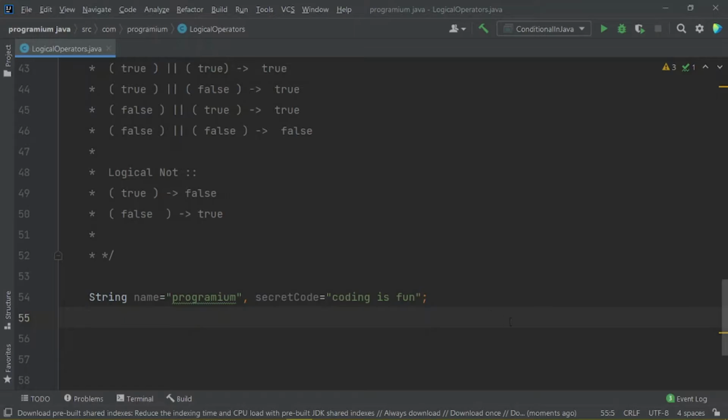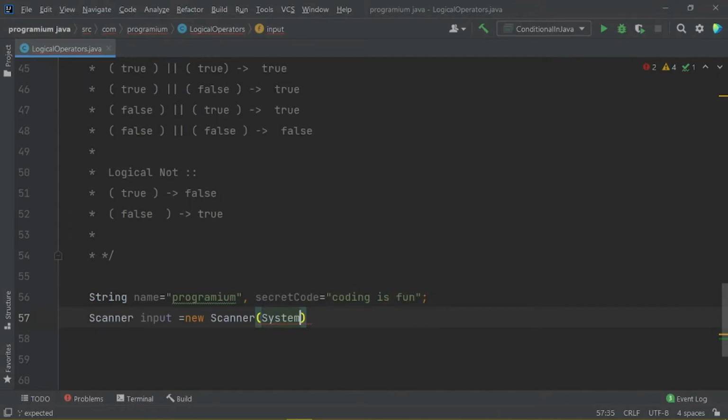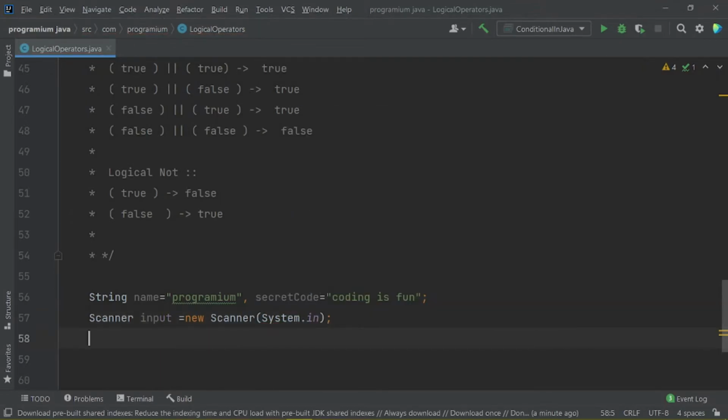So guys, now you can see that we have declared two variables by the name of name and secretCode, and we have to initialize a Scanner object here by the name of input, new Scanner(System.in). So now let us prompt the user to enter his or her name and then secret code.